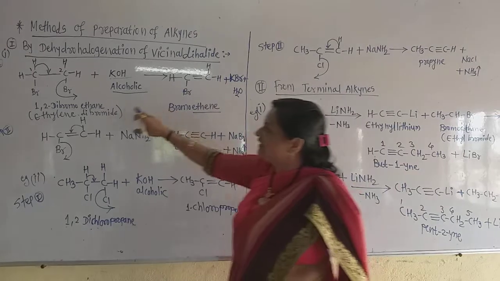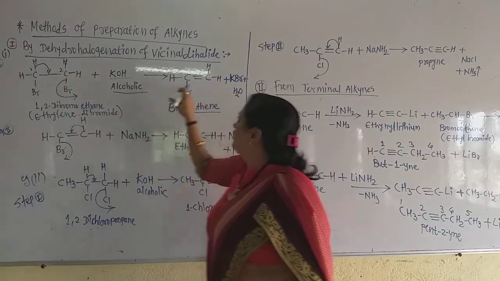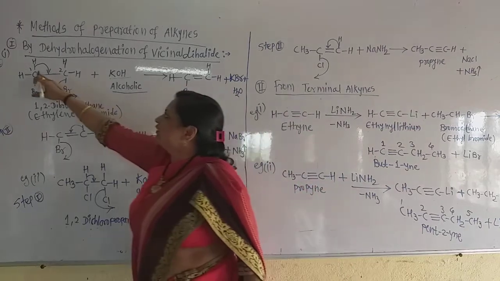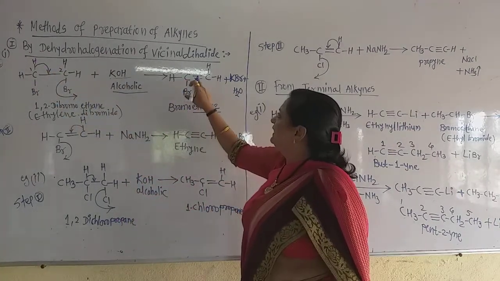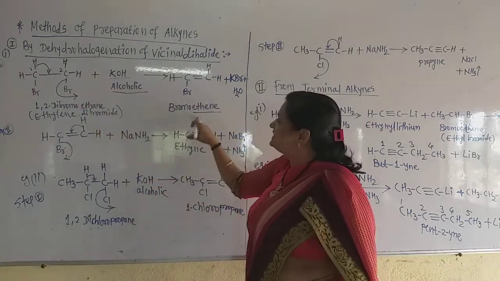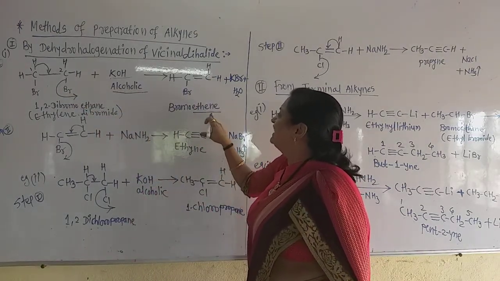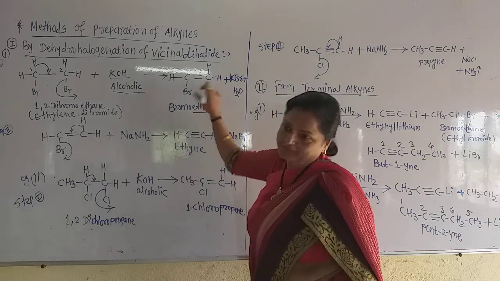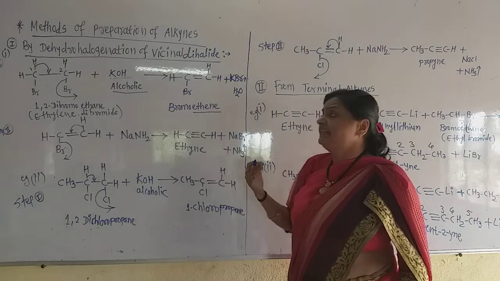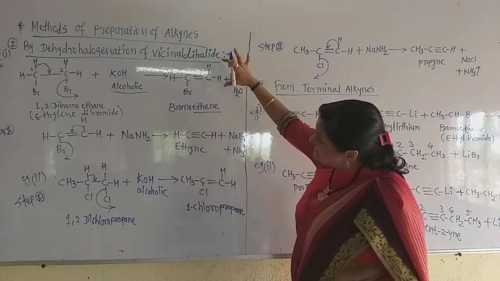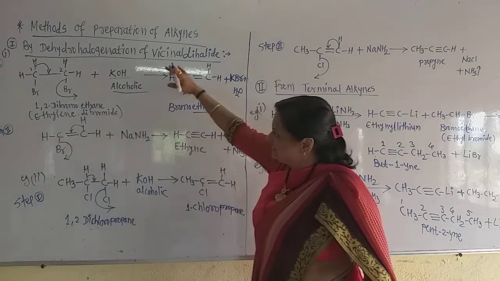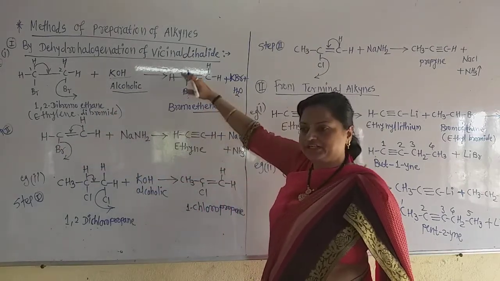Now what happened here? Here is the double bond now, and this H is as it is, this Br is as it is. This hydrogen is eliminated, and these 2 hydrogens are as they are. Now this is bromoethene. Why is it ENE? Because there is a double bond. Now in the second step, we take this as it is. This is the second step, the same reaction. Remember, only 2 steps are there.